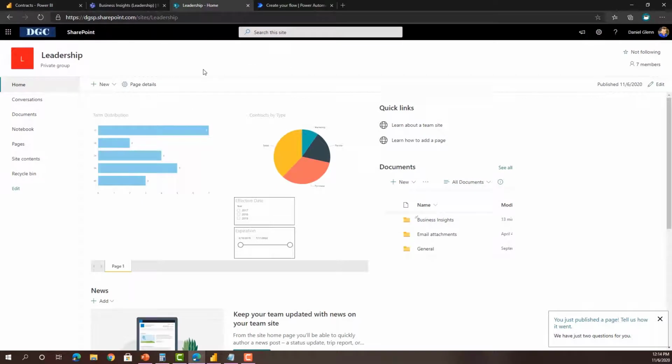And that group actually needs to have access to the SharePoint site, but it has to have access to this report. And then I'll be able to see this report on the SharePoint page, and I'm able to interact with it just like I am if I'm viewing it in the service. If I don't have access, it'll just be a gray box saying I don't have access to this report.